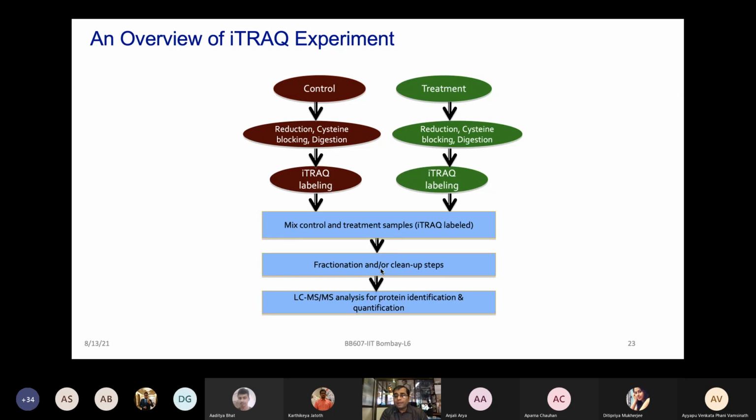Sometimes there's a lot of cost and the practical aspects are involved as well, because the more sample you want to run, the same sample you fractionate to 10 fractions, and each fraction you want to run separately, it is going to cost some money for running each of the samples in the mass spec.